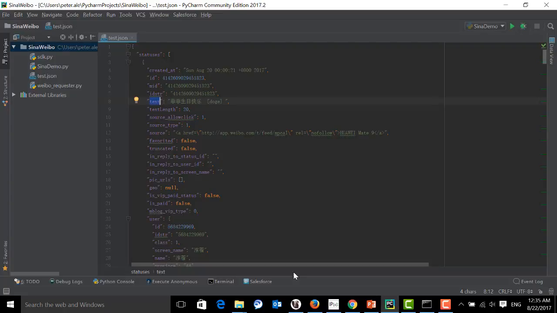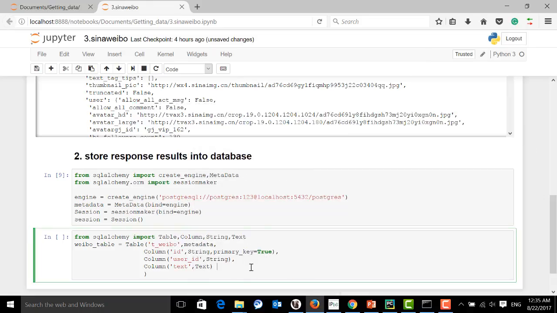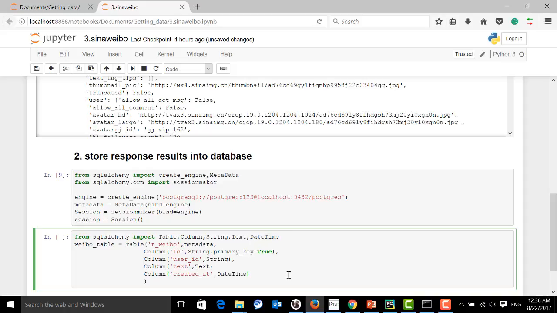So let's say created time, column created time. And in this situation, we will say this is a date time type, so we need to import the date type. Right,